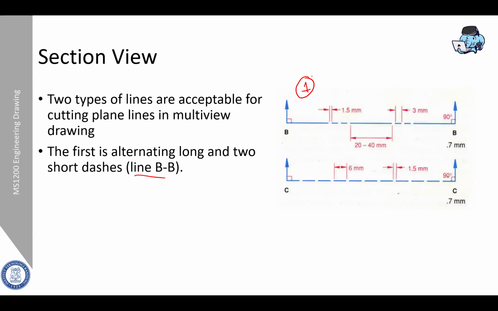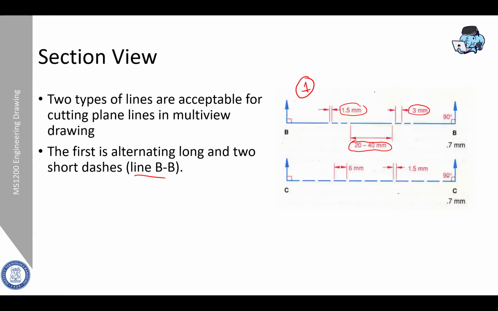So how long is the long one? It is between 20 to 40 millimeters, but usually the standard is 30 millimeters. You can choose just 30 millimeters. Then the dash is 3 millimeters, as you can see, and the distance between lines is 1.5 millimeters.